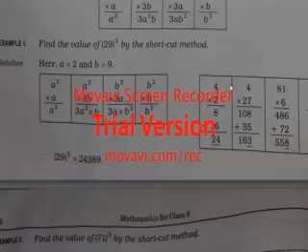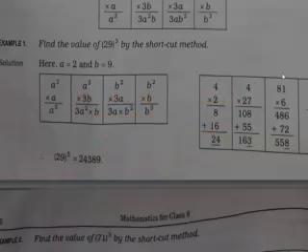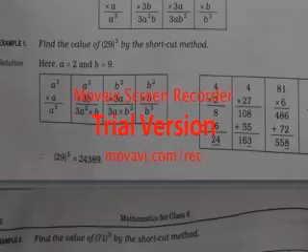Simply, if you had seen in my solution, I had made 4 columns, and at the top, here it has not been written. At the top I had written a cube plus 3a square b plus 3ab square plus b cube. That means a cube, 3a square b, 3ab square, and b cube I have written. Okay, the same thing has been done over here.